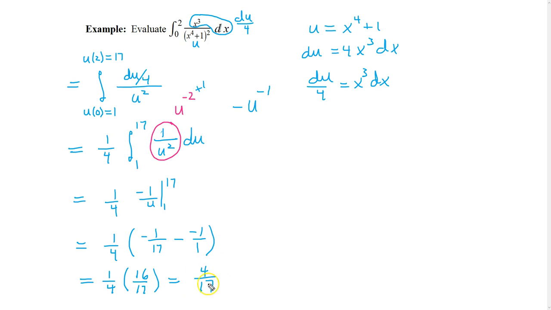That is the value of the definite integral from 0 to 2 of x cubed divided by x to the 4th plus 1 squared. Now just one note here. Sometimes at this point right here, you may see some people or textbooks put what x is back in place of the u. Now if you do that, then you must go back to the original limits of integration. So if we were to substitute x to the 4th plus 1 back in for u at this point, we would have to write this as